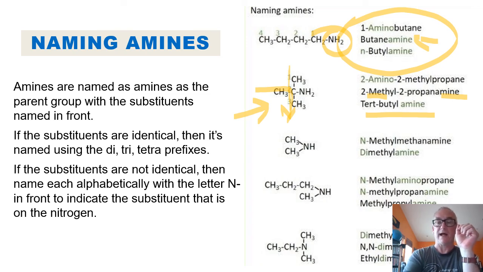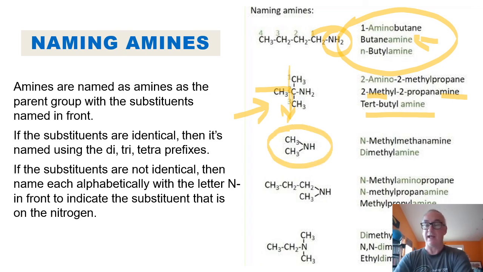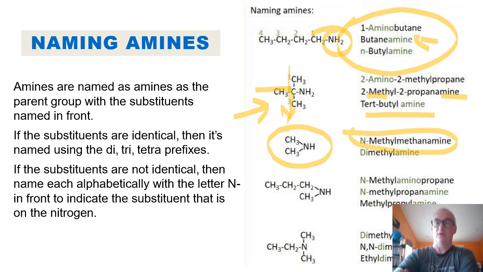If I have a secondary amine, I have 2 carbon groups attached to it, then I use the N. So it's a methylamine with another methyl group on it. So N-methylmethylamine, or I can call it dimethylamine, and so on. So then you use the N when there is more than one carbon constituent